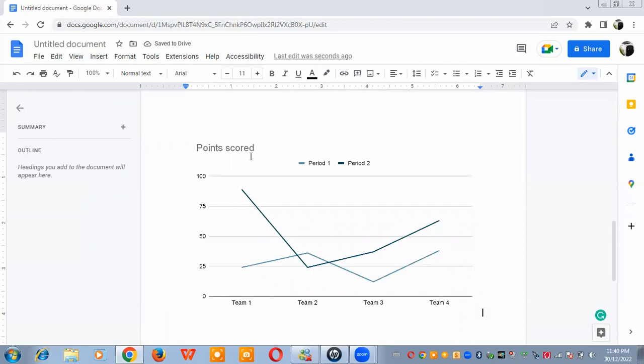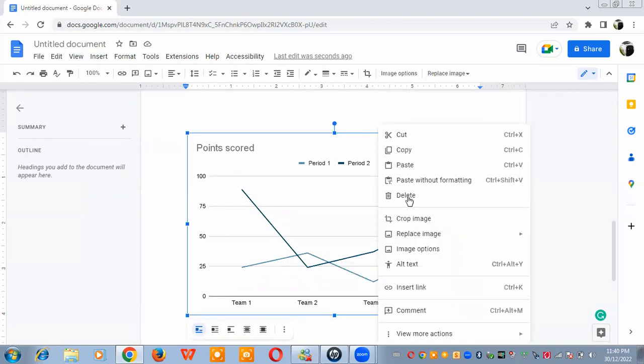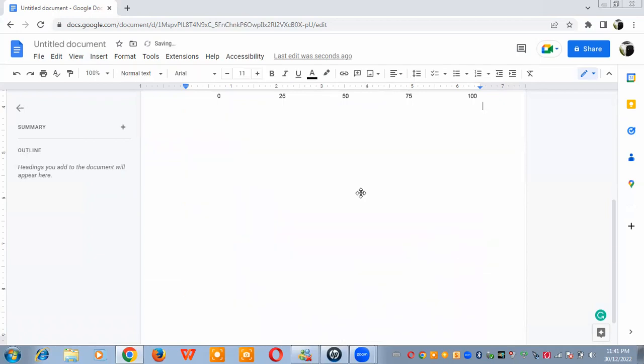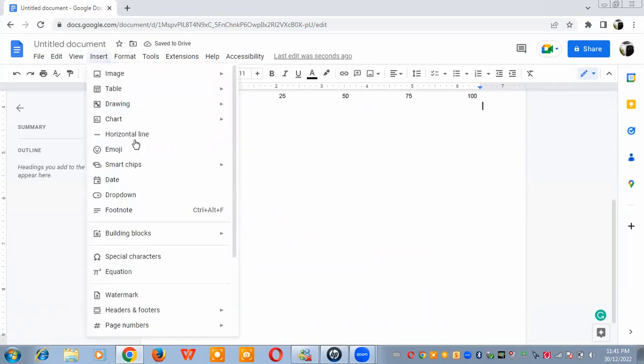That is it. So there are many things you can use in this application to just give your command and give you what you want. So let me just delete all this. Then I will still insert horizontal emojis, smart chip, full building,